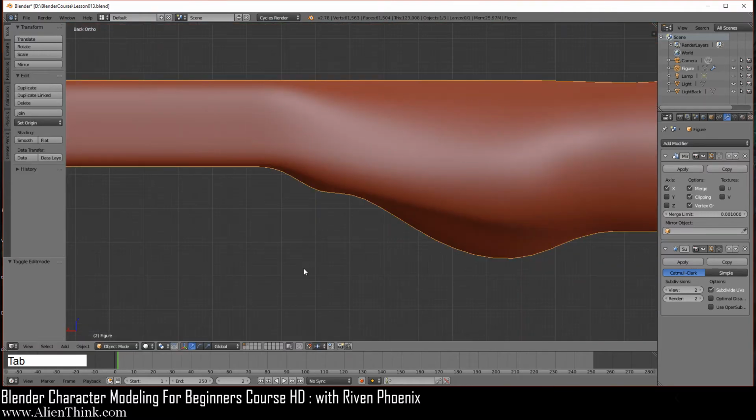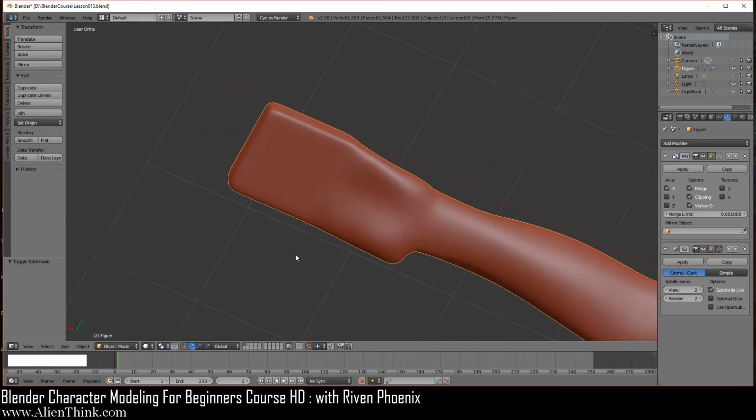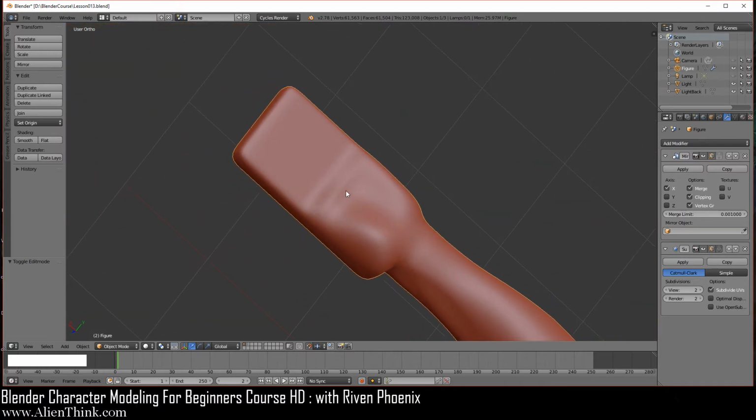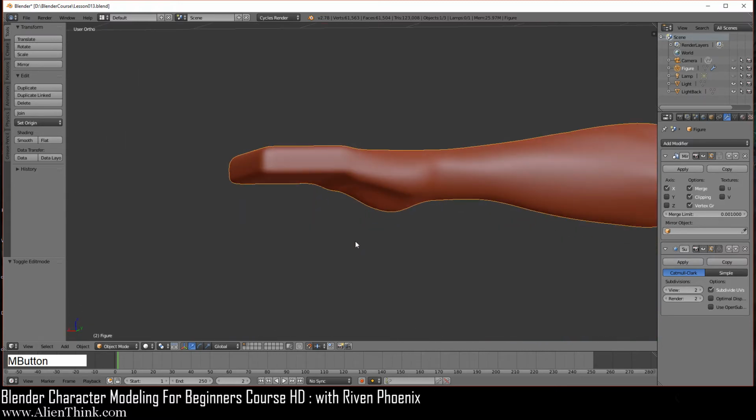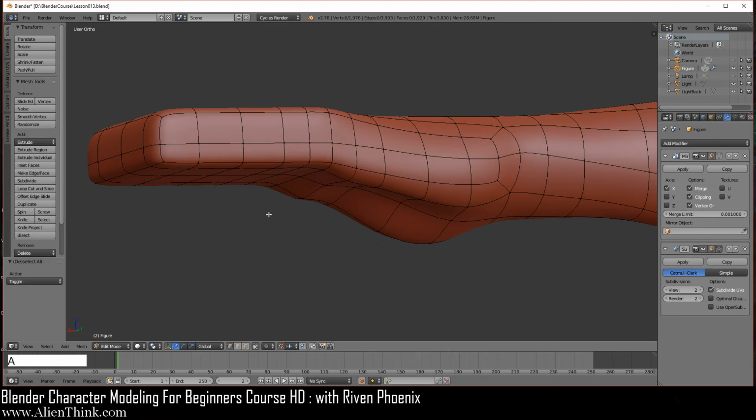Okay. Now I'm just going to do tab to show you why we did this, right? So you can see that what we're getting are these landmark ideas as to how the palm of the hand is going to be, right? The underneath area. Now just do tab and then A to deselect.